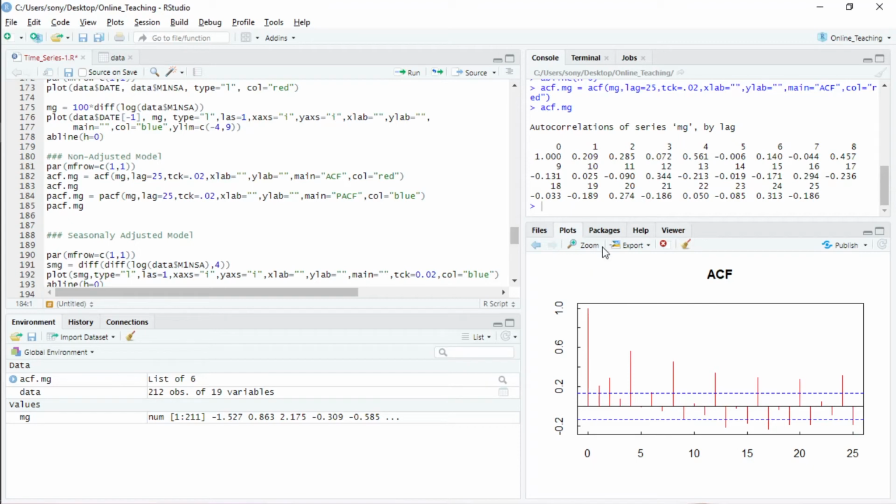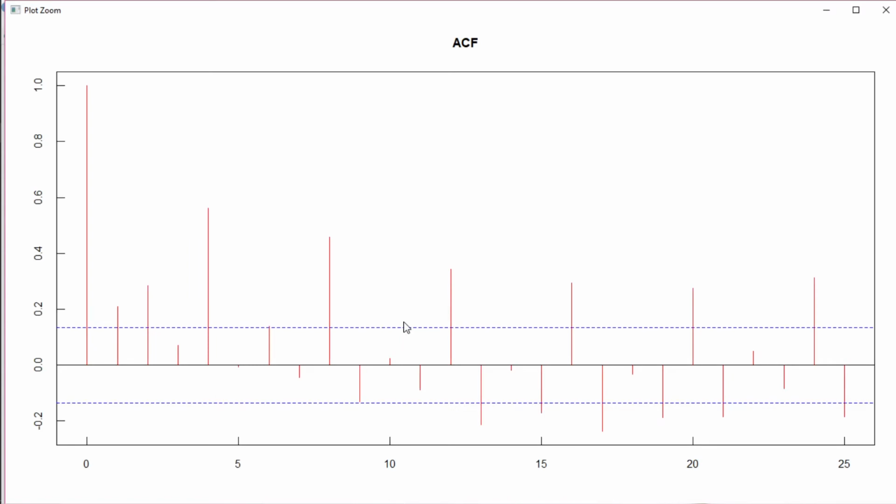Okay, now you can see that to find out whether the data is following an AR process, MA process, or ARMA process, we have to see the theoretical autocorrelation function, if it is an AR1 process or any order of AR. If it is an AR1 process, after its first lag, the correlation functions would decline eventually.